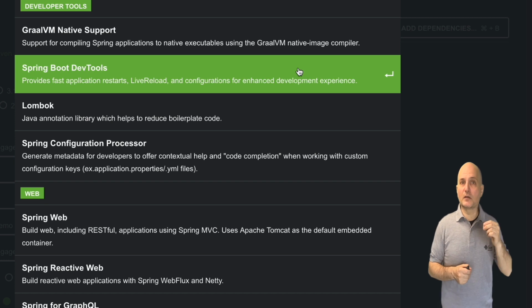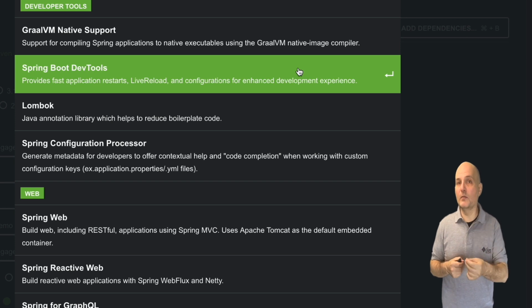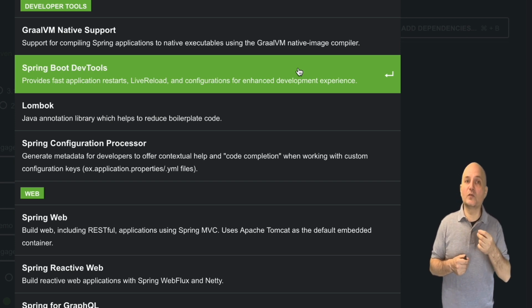The initializer includes some common dependencies as part of its install. We can open the dependency dialog with the Add Dependencies button and select from the list. There's a search bar on top where we can type in the name of the dependencies as we add them. I'll add a few which we won't use at the moment, but will use later on.